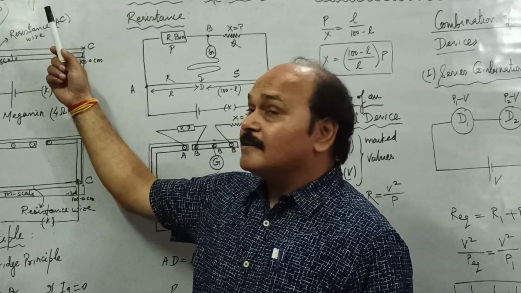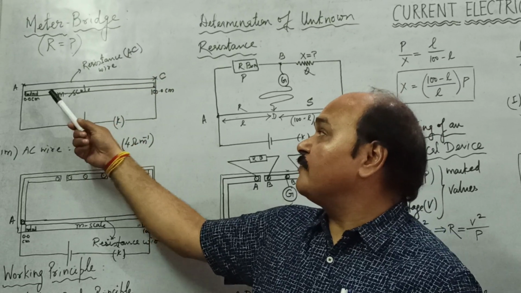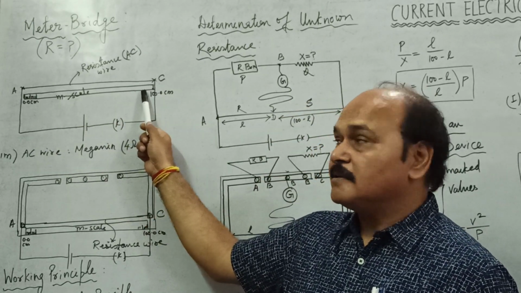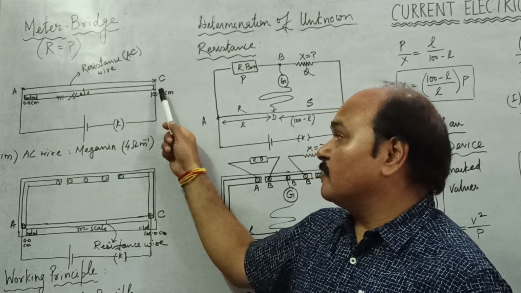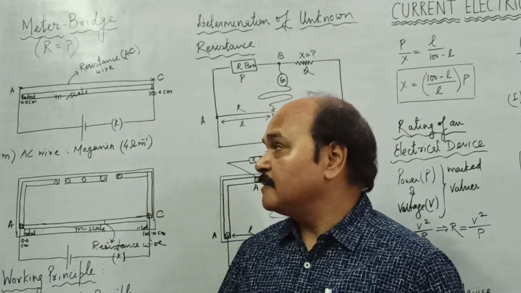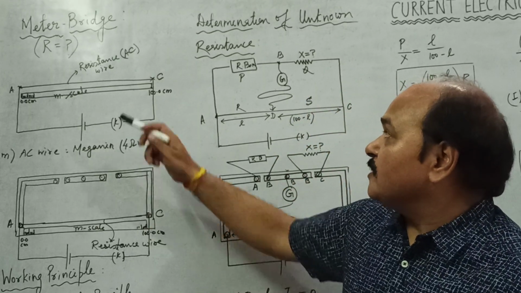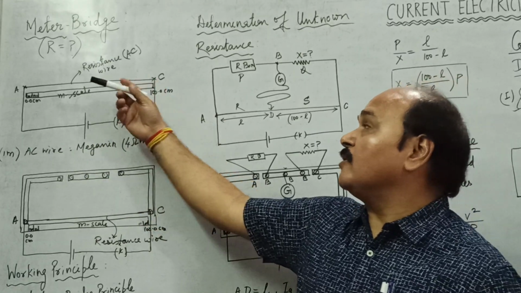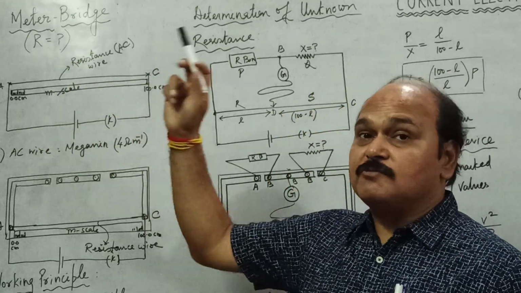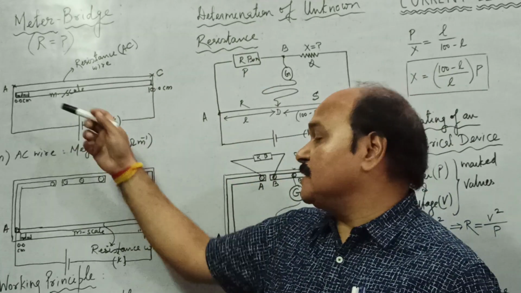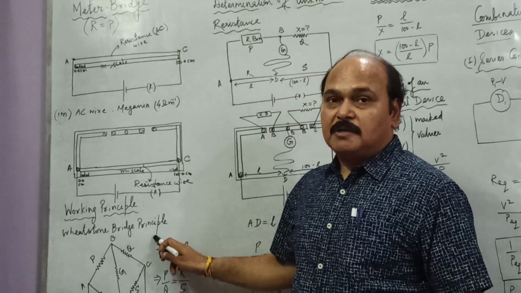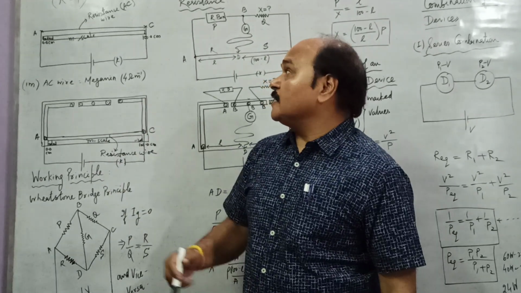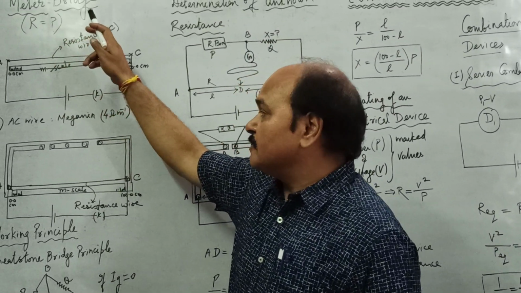Meter bridge, like potentiometer, consists of 1 meter of resistance wire, and a battery is connected across the terminals of the wire. The purpose of meter bridge is to find out the value of unknown resistance, and it is called so simply because the length of the wire used here is 1 meter and its working principle is Wheatstone bridge principle. It works on the principle of balanced Wheatstone bridge. That is why we call it a meter bridge.